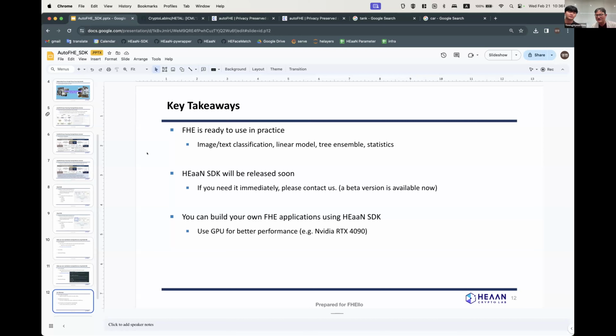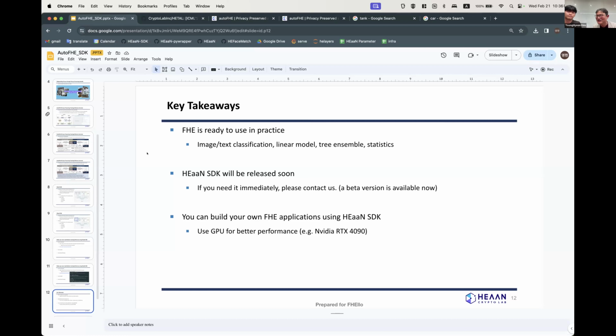There are several key takeaways. The first one is the most important. Fully homomorphic encryption, many people say it's too slow to be used in practice, but actually that is not true. For inference, it takes about just 0.3 seconds, and if you accelerate more, it can be completed in 0.1 seconds. For training, it takes from 4 minutes to several hours, depending on the number of data. But if the data has value, then maybe one day of training is not that big a deal.